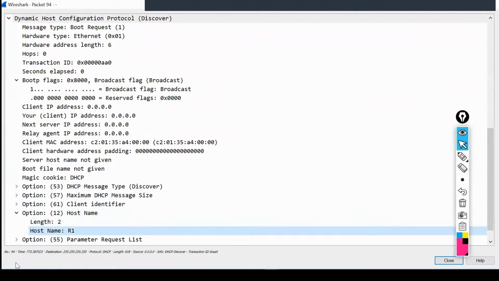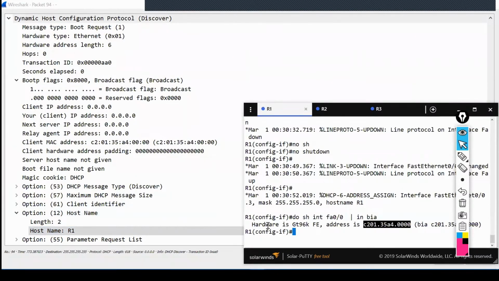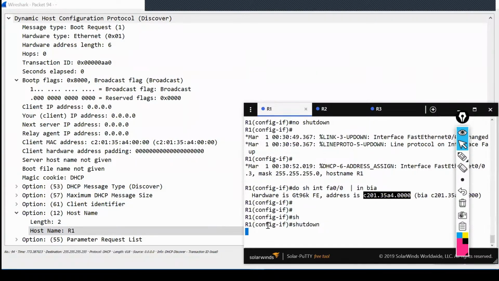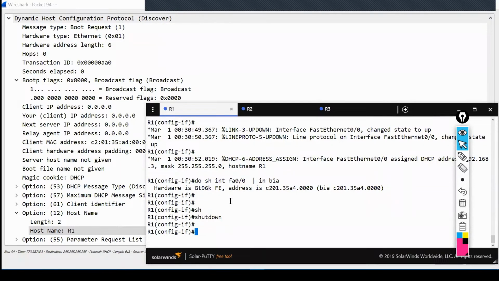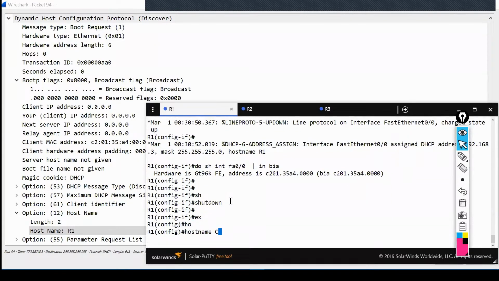If you put the host name as CCNA, then CCNA will be sent. If you go on the router and set the name CCNA, the host name will be CCNA.